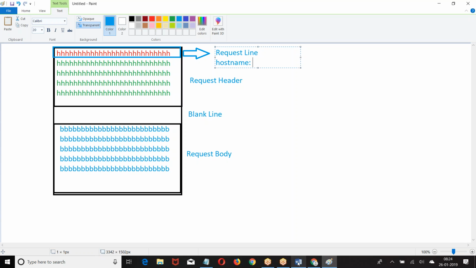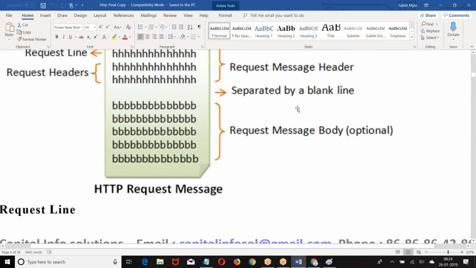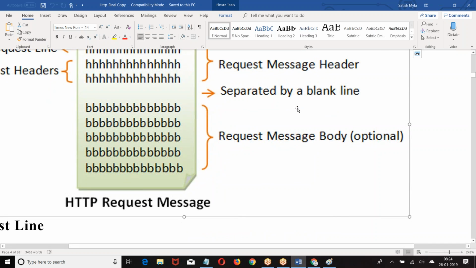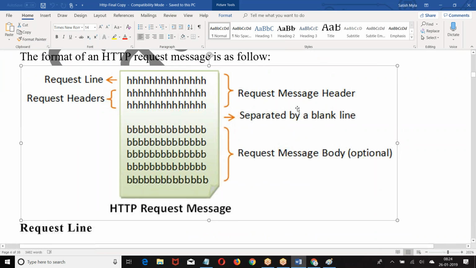Now look at the message. This is the format of my message. Header, blank line, body. The first line is called request line. Remaining are called request headers.